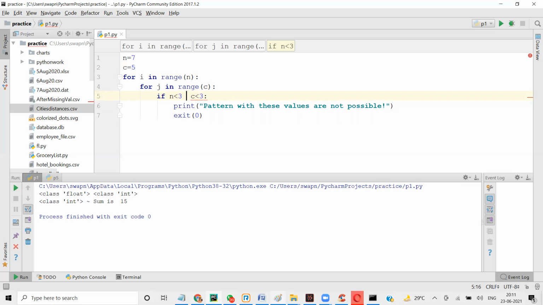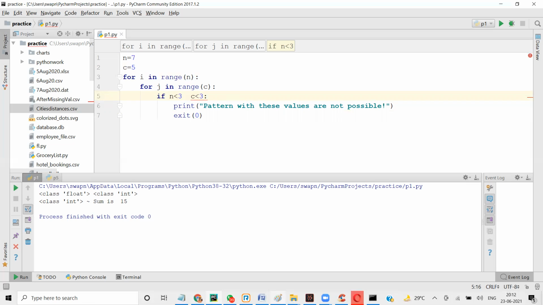So what we are saying is, if any condition is false, exit. Let's say n is 7, but C is 3, or C less than 3. If it is 3, then it's not going to go there. If it is 2, it's going to go here, isn't it? Even if it is 2, we won't be able to design a pattern. Even though you meet one criterion but you don't meet the other, we are not going to plot our pattern.